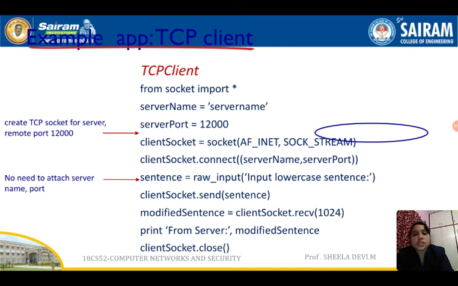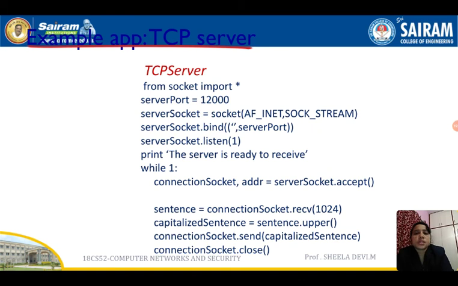Okay, then once it gets the data, it prints "From Server" and the modified sentence, that is, "From server: MY NAME IS SHEILA DEVI", which will be in capital letters. So once it gets the data, it has got the service which was requested by the client. Then it is going to close the client socket with the help of the line client socket dot close. It calls the function called close and it will close the client socket. Then this is the server program using TCP.